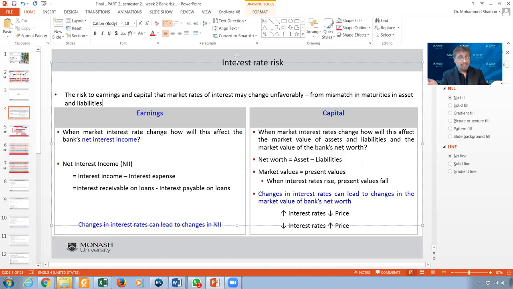If the assets and liabilities are not matching, and there is an increase in the interest rates, I will increase my loan rates and I will increase the rates on my liabilities. That's fine. In this case, I will be earning because my assets will earn more interest than I have to pay to my liabilities. But if the case is different and my liabilities are higher than my assets,